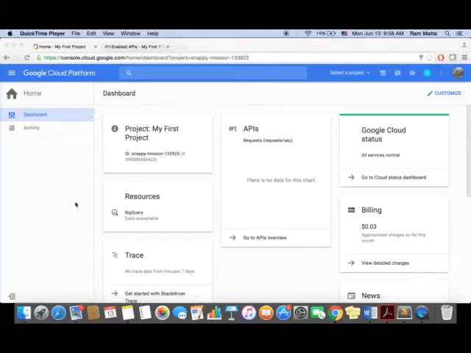Hello everyone, this is Ram Dharam and here I am going to give you a quick demo of the Google Cloud SQL platform. As you can see, we are on the home page of Google Cloud platform and we have